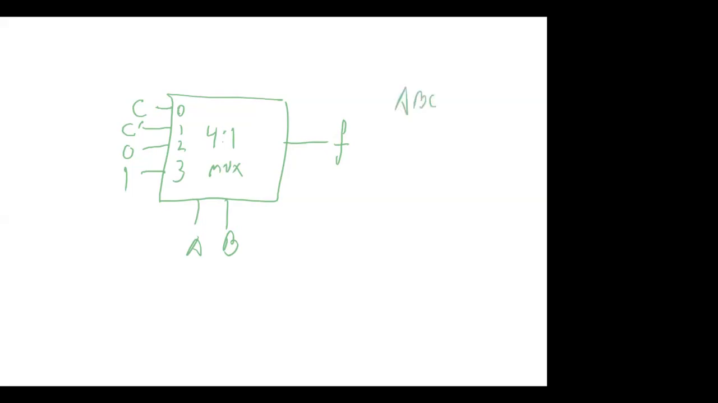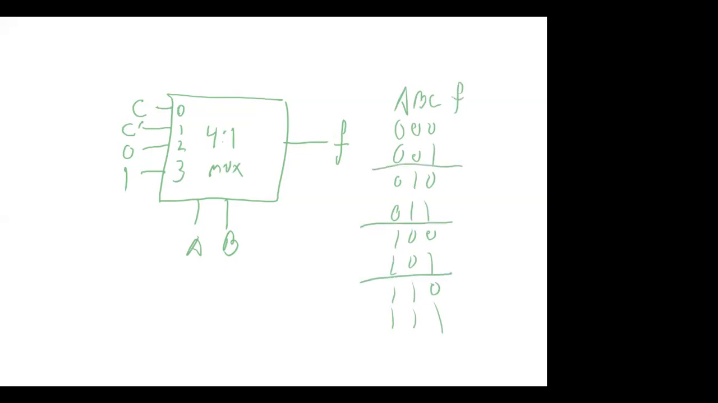A, B, C, 0, 0, 0, 0, 0, 1, 0, 0, 1, 1, 0, 0, 1, 0, 1, 1, 1, 0, 1, 1, 1. And I recommend grouping the truth table in 2s. Why on earth would you do that? Well, because the selector is going to act like a rotary switch that selects 0 or 1 or 2 or